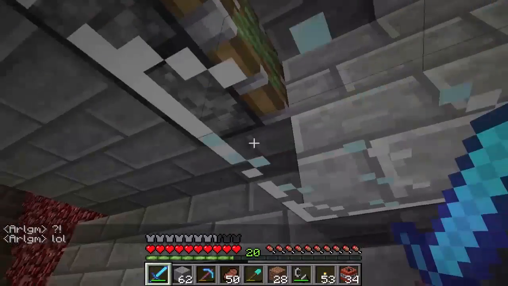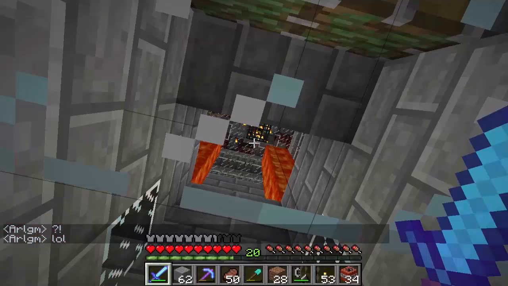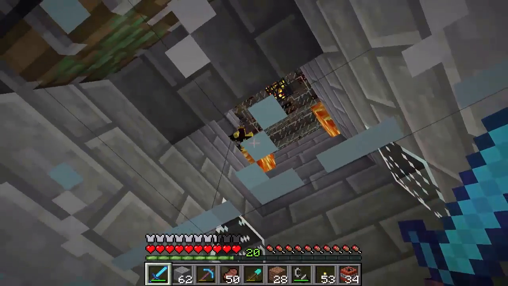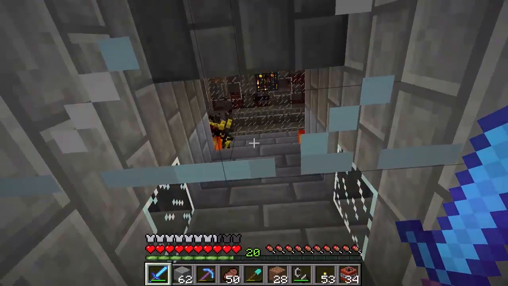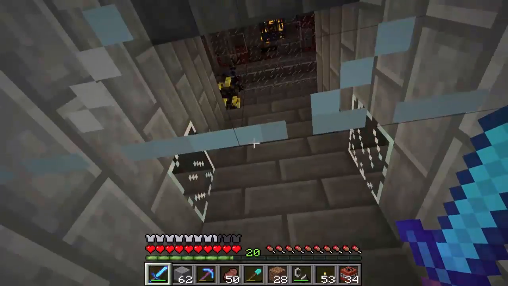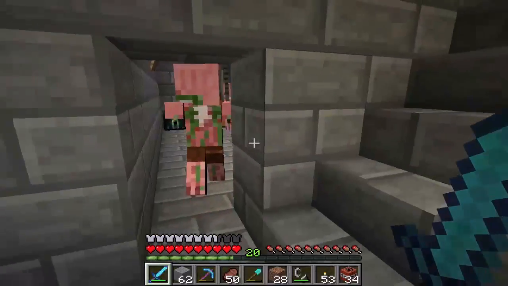So, as we all know, you flip that, it shuts off the lava here, and then blaze start to spawn. And when they spawn, they land on the pressure plates and get pushed down, of course. I think that we've all seen this design. Still pretty worthwhile, at least until...